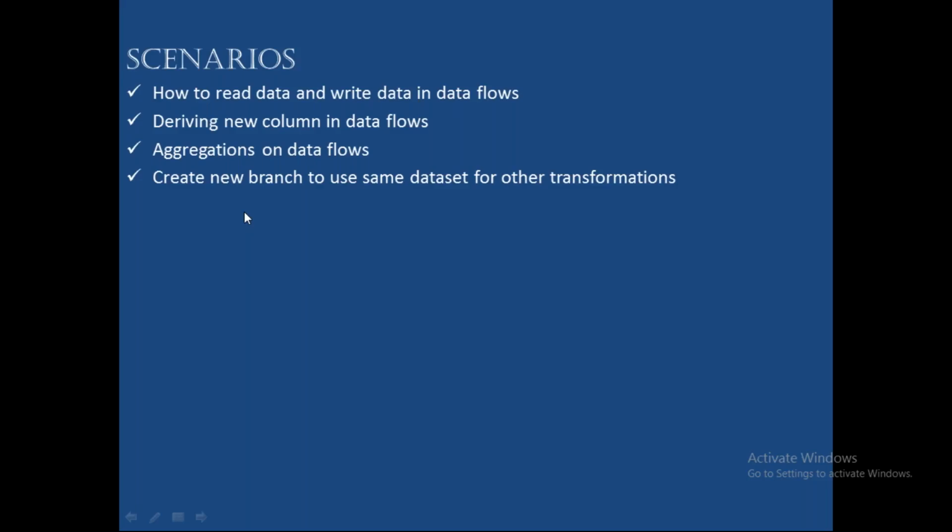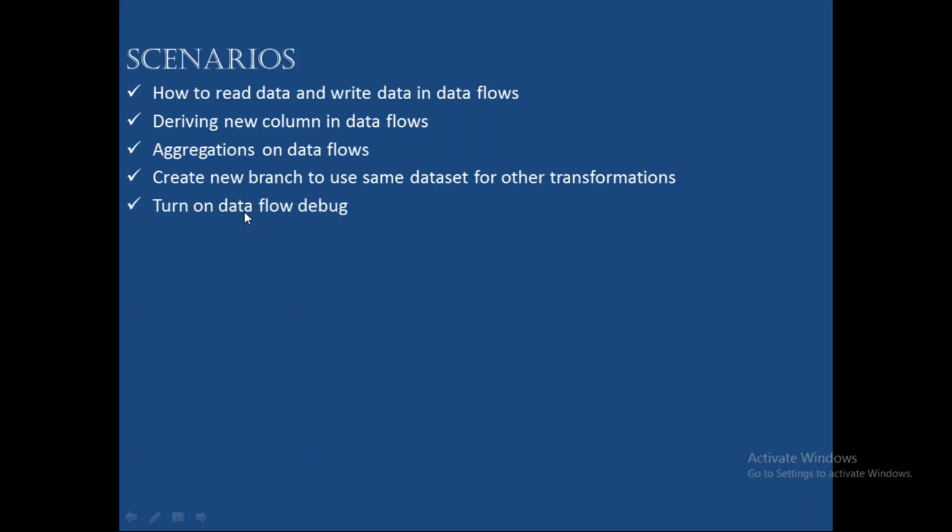In the same way here, we need to create a branch. Branch means there are two sets of flows you are going to define. These two sets of flows are going to consume the same data, the same input. The first flow will add a new column, and the second flow will do aggregation. We will discuss in detail, do not worry, but just try to understand what deriving a new column is